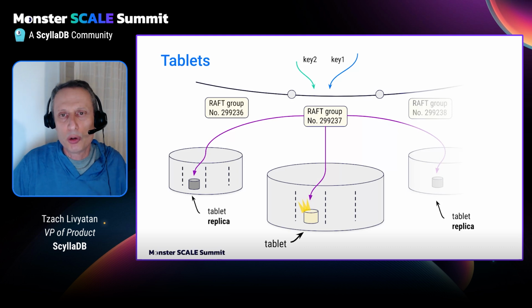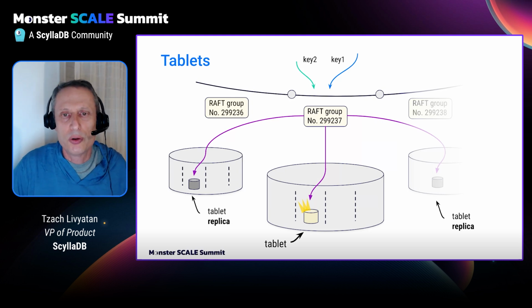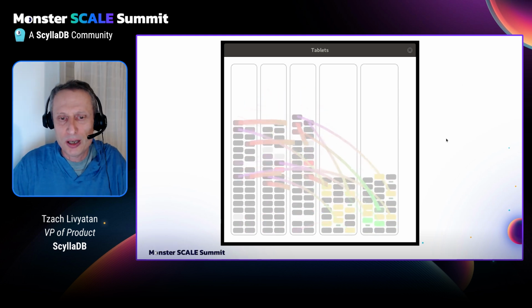Tablets are a much more dynamic way to distribute the data, and Scylla, the database itself, can decide to merge tablets, split tablets, and move tablets around to try to balance between all the nodes on the cluster. This has a lot of advantages. In the scope of this session, the most significant improvement is very fast scaling, and I will demonstrate it soon. So this is a visualization, I hope you can see it, of a cluster that is